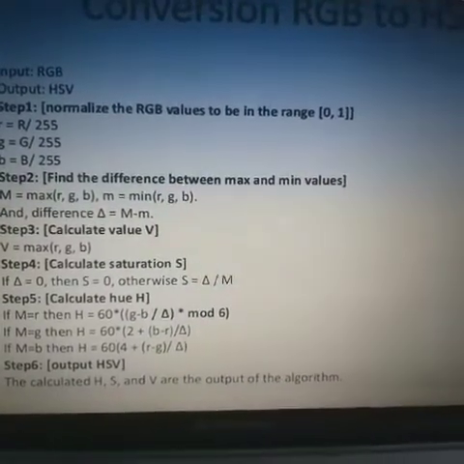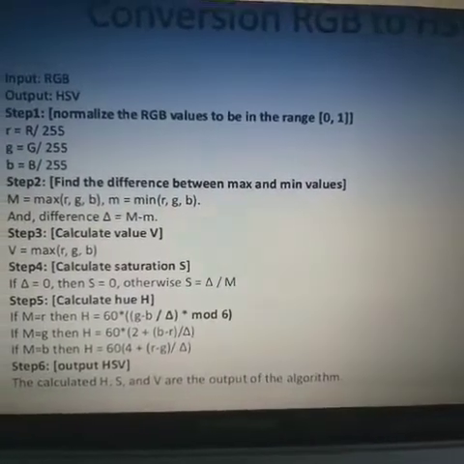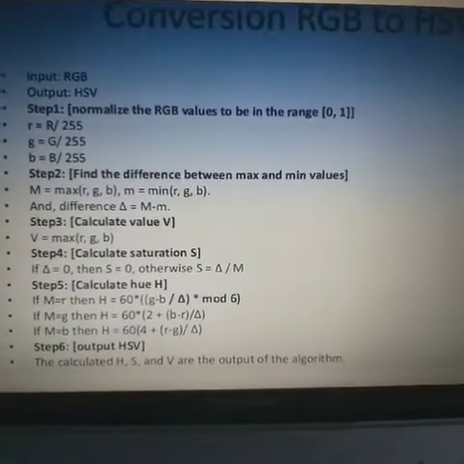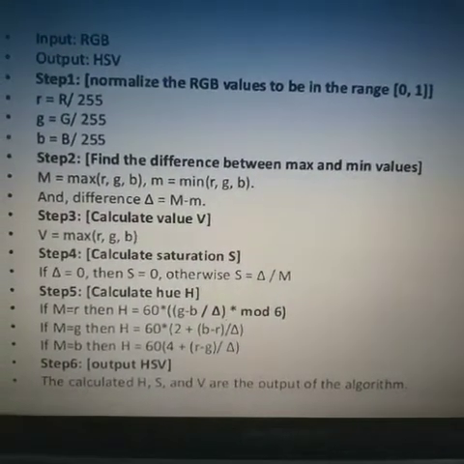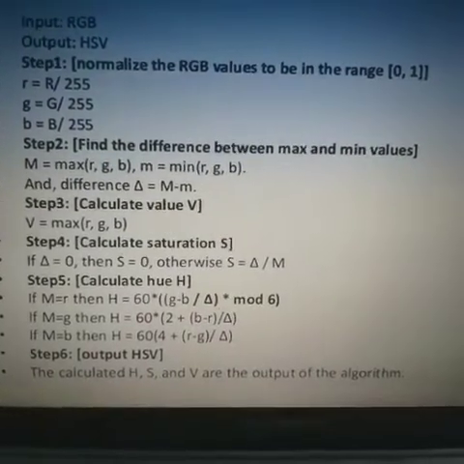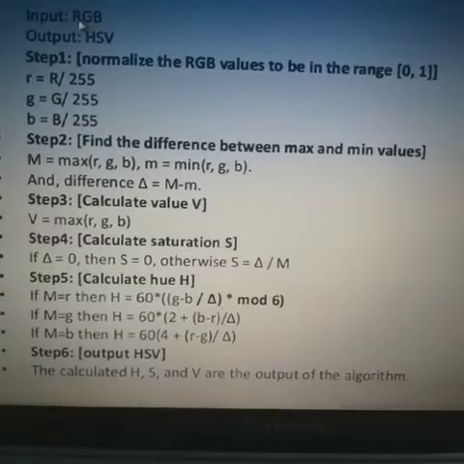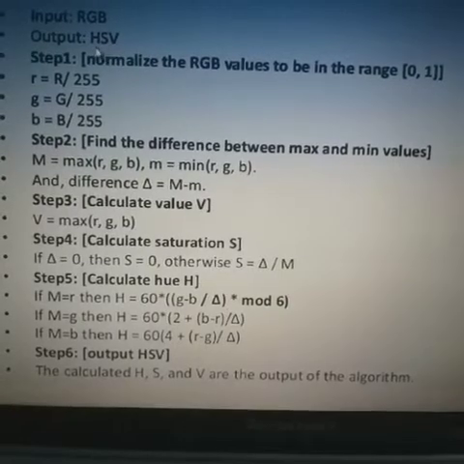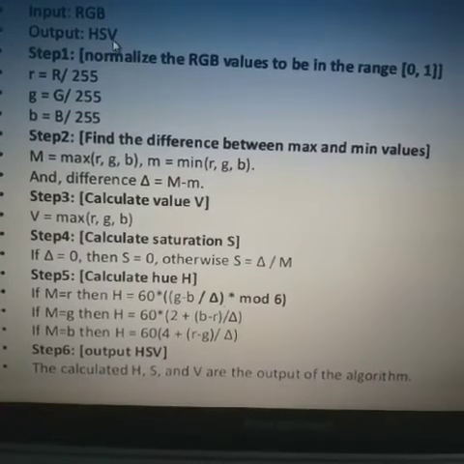The next topic in computer graphics is related to the color models, which is the conversion of RGB to HSB. For the conversion of the RGB model to HSB, the input is the RGB values, which are to be converted into HSV. So the output will be HSV. What values are to be used for red, green and blue? The range will be 0 to 255. Hue depends upon the angle, saturation value 0 to 255, value 0 to 255.